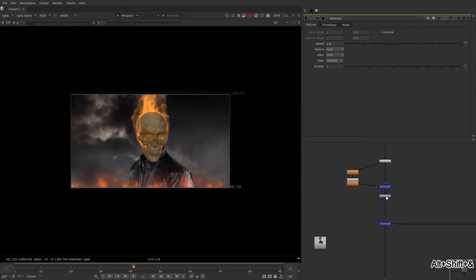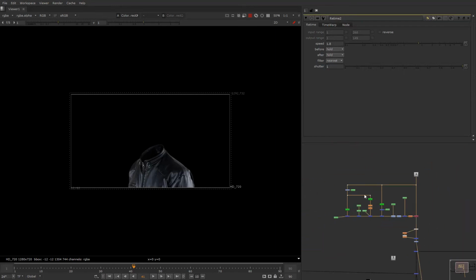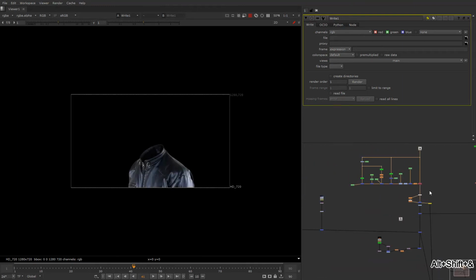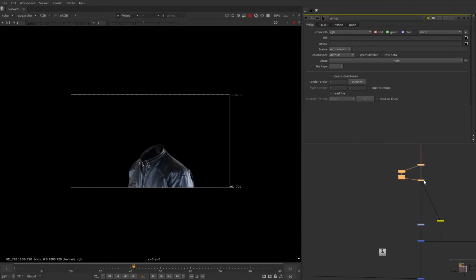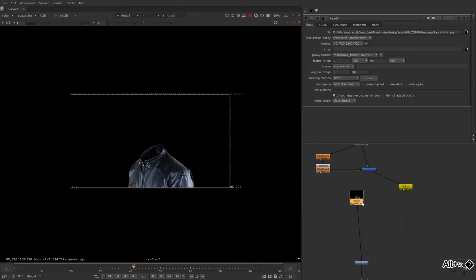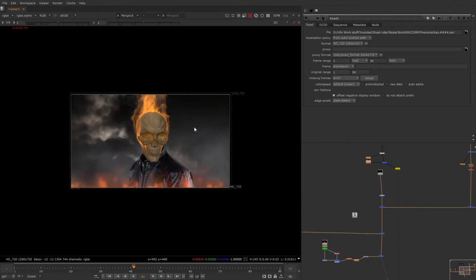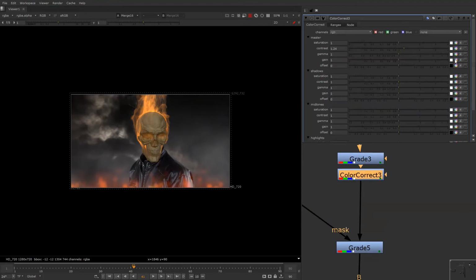Let me precomp the scan actually, which is getting too heavy right now over here. We'll precomp this so that we have less buffering on every frame. So the precomp is rendered, and it has alpha as well. So let's get over here in comping, and we'll add a color to the fire